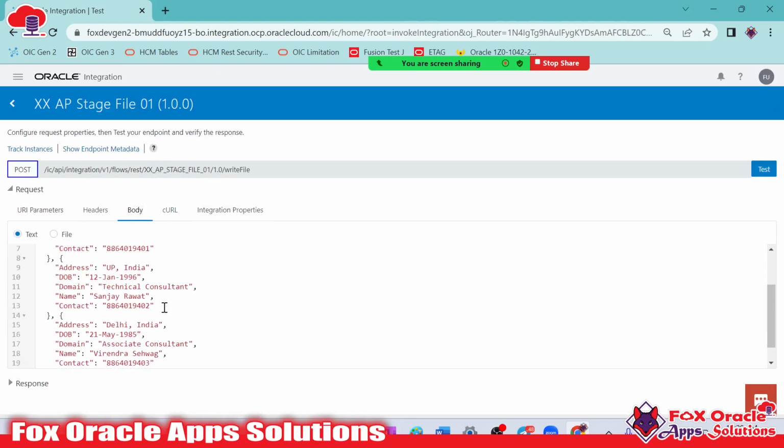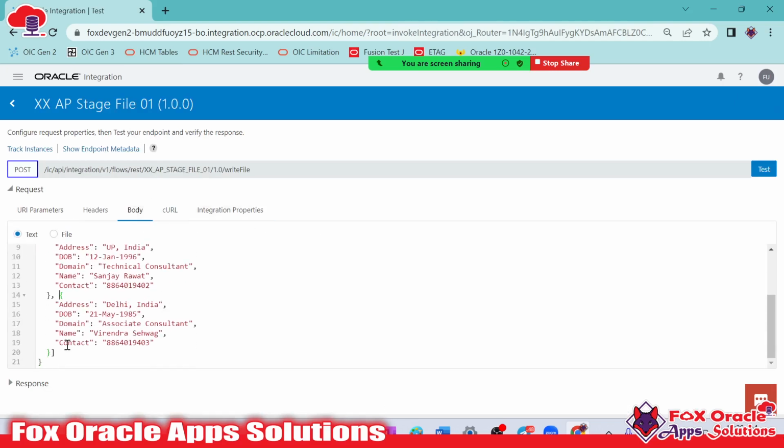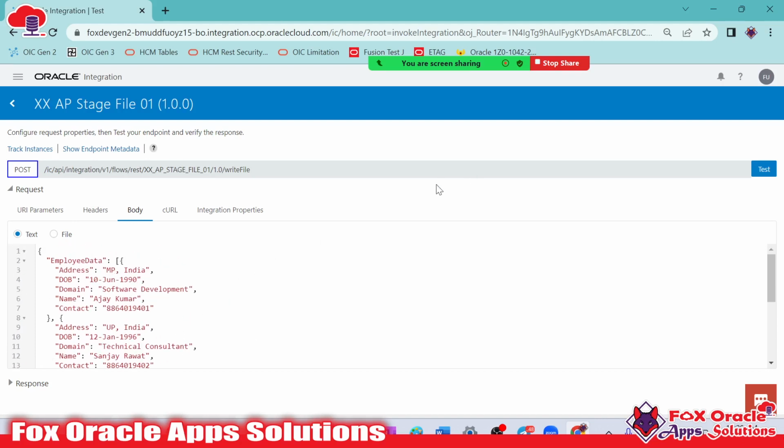In body, we have to provide the details. So here, as we have 3 records, let me add one more record. And in the record, suppose address I am just going to use Kolkata, I-26, associate consultant, senior consultant name, and here the contact number I want to provide as 4. So now this value I want to send to the integration so that integration can generate the file and send